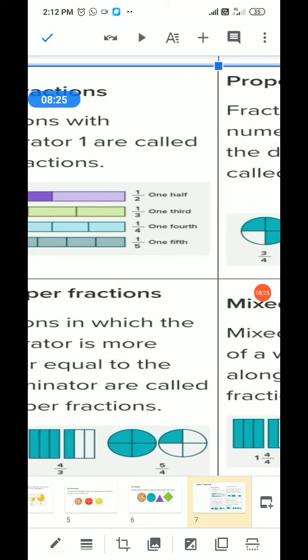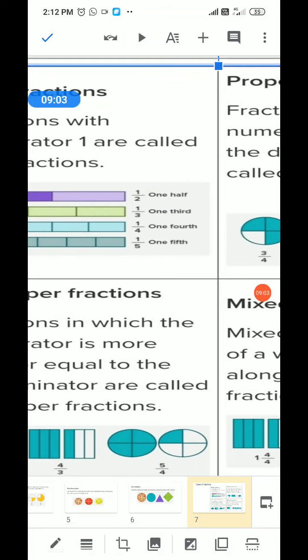Let me take an example, the same thing with your marks. Your total mark is 100. Out of 100 you have got 98. 98 by 100 is a proper fraction, because 98 is less than 100. Whereas if your total mark is 100, but your score is 120, correct? 120 by 100 is correct or wrong? It is wrong, because out of 100 can you score 120? You cannot. 120 is greater than 100. That is an improper fraction.